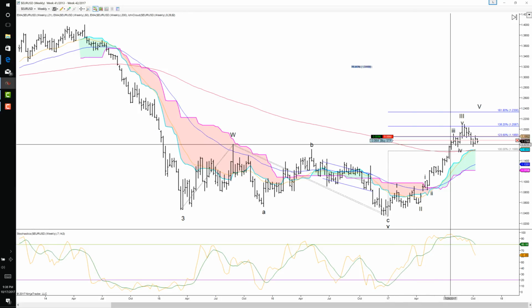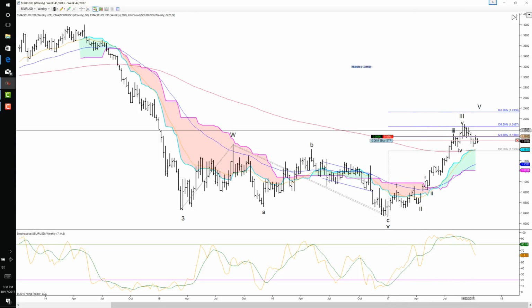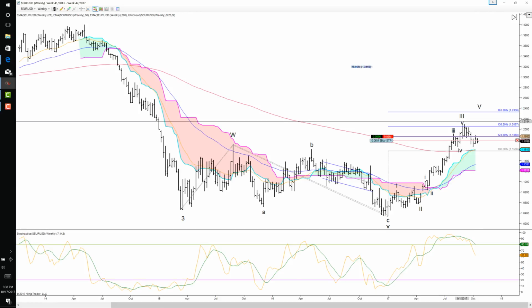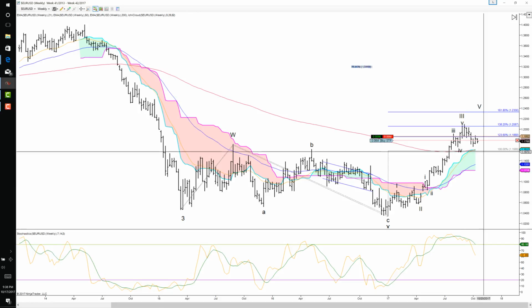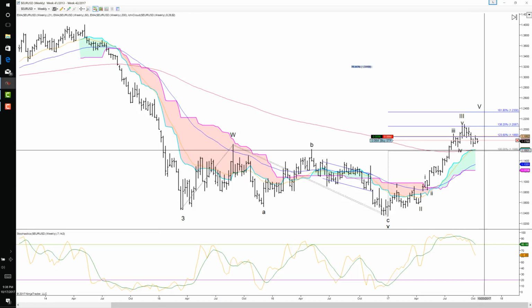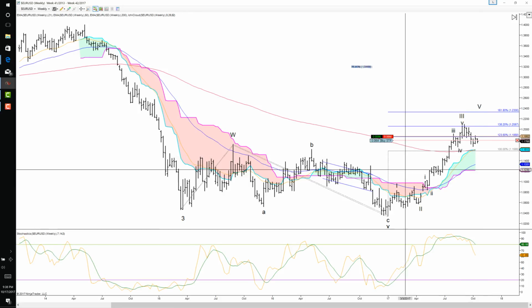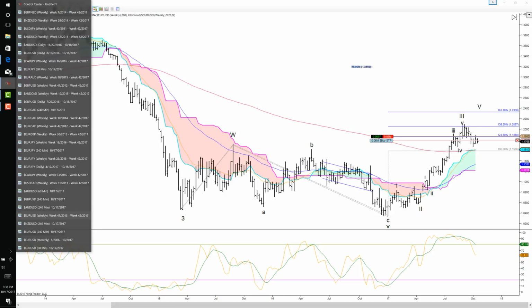There's really not much to discuss on the weekly, other than basically this is currently the top of wave 3, and it is possible that we're currently in wave 4 that has the potential to go just below 115 or just below 116, if not lower. And if that's the case, it's better to look at it on a smaller time frame. So let me go down to